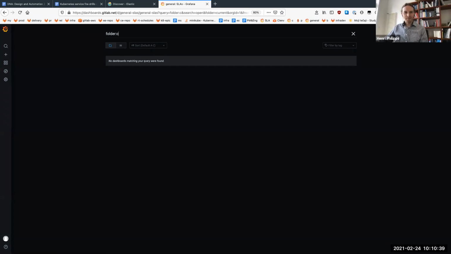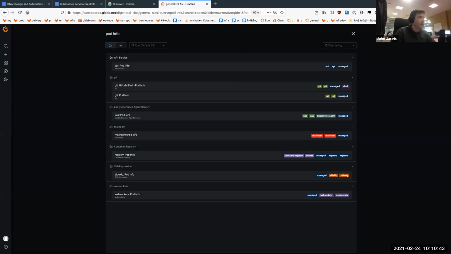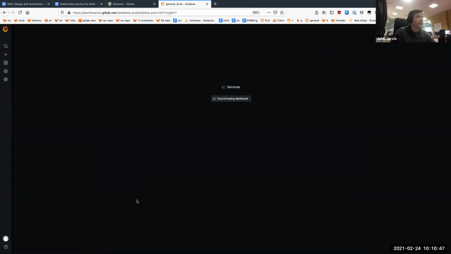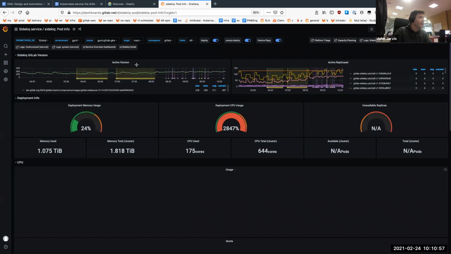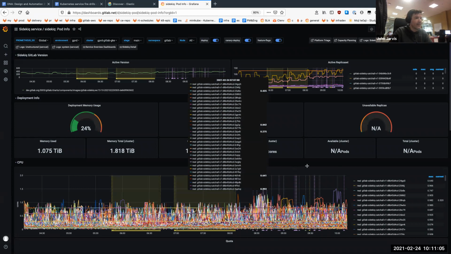We haven't incorporated these into the general service dashboards, but we have pod info dashboards, and maybe you've seen this before. So if you go to Sidekick pod info, you wait. Yeah, I think there's a really busy graph here on usage, which is why it takes a long time. As soon as this loads,